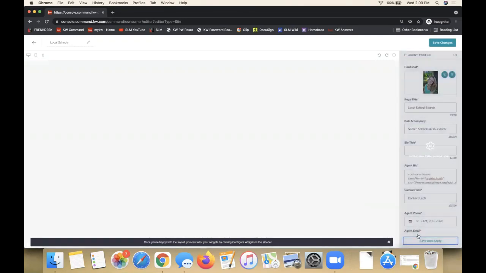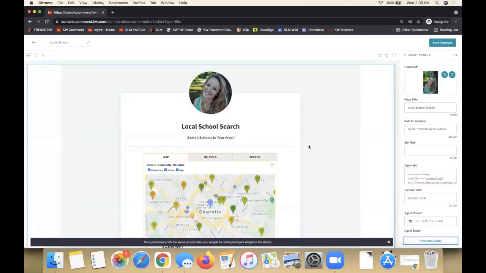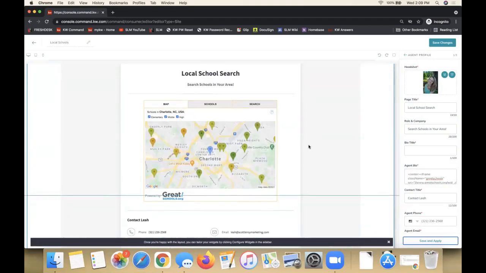So now when we click save and apply, it will pop that in. It shouldn't matter if there's a space between the iframe code, by the way. So center before and center after, and once you click save and apply, that's what kicks the code into life. And remember, if you guys have to hop off, you can just go to